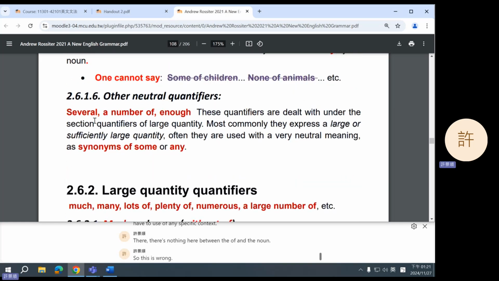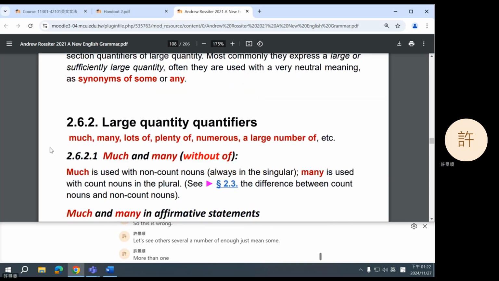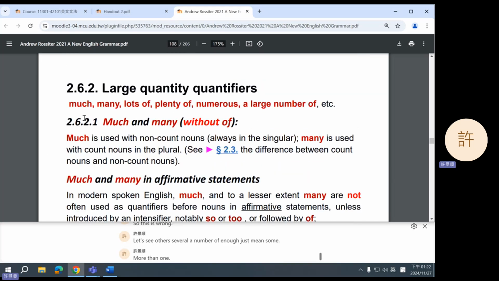Let's see, others. Several, a number of, enough just mean some. More than one. Large quantities. So some means more than one, but these words mean a lot more than one. So much, many, lots of, a lot of, plenty of, numerous, a large number of. Later on, the book will tell you that these basically mean the same thing, and that's true, but the grammar